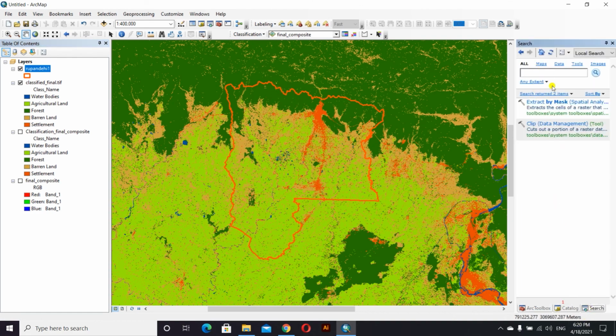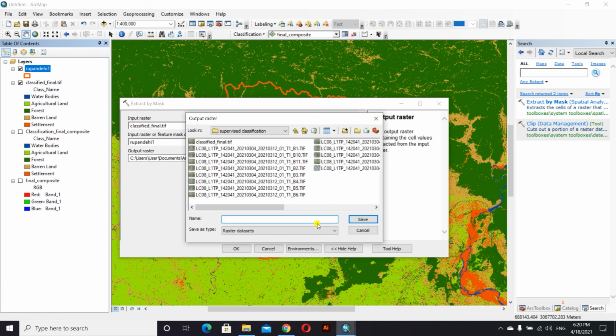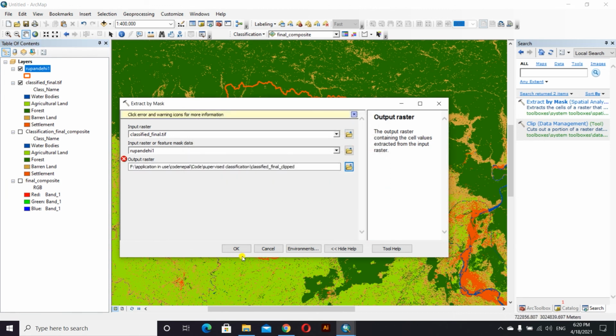We'll go to the search bar and search for extract by mask, and in input raster we will give that classified file, and in the mask feature we will give the Rupandehi shapefile. So we'll save that in the previous folder where we have saved. Okay, some error. So we'll change the name.